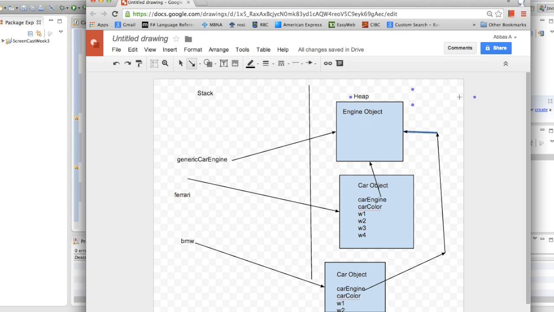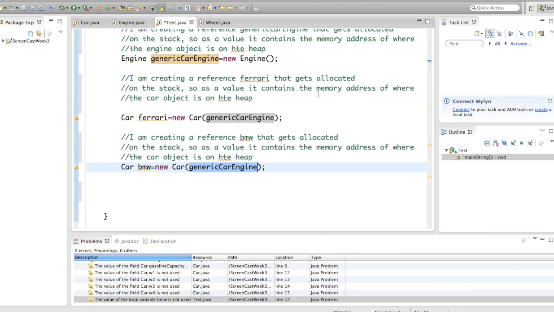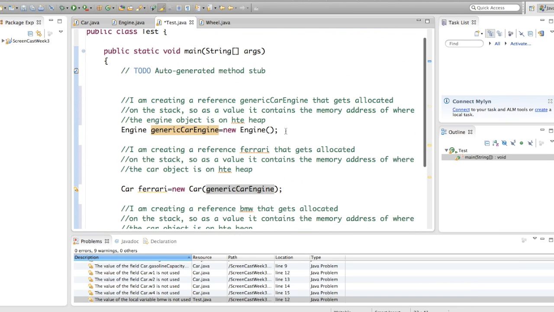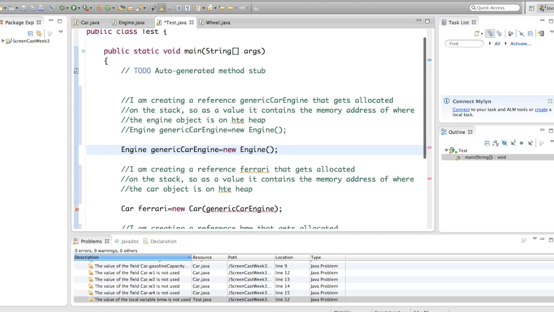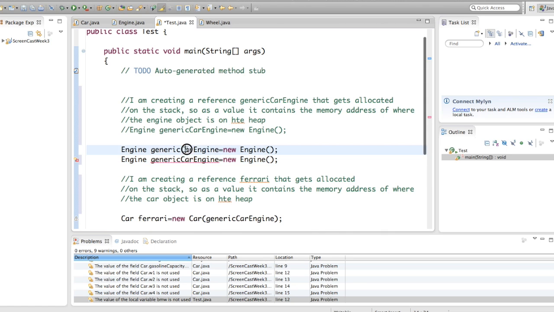Okay, but now ask yourself, is this really true? Is it true that the BMW car and the Ferrari car have both an identical engine object? Well, this is not the case, because Ferrari and BMW have entirely two different engines. So let's go back to the code here, and let's try to fix that. So instead of calling it a generic car engine, I'm going to create two different engines. I'm going to say the first one is a Ferrari car engine,